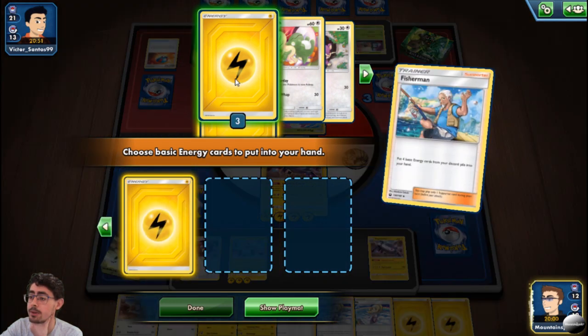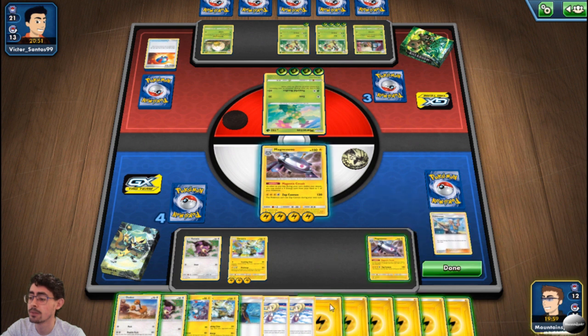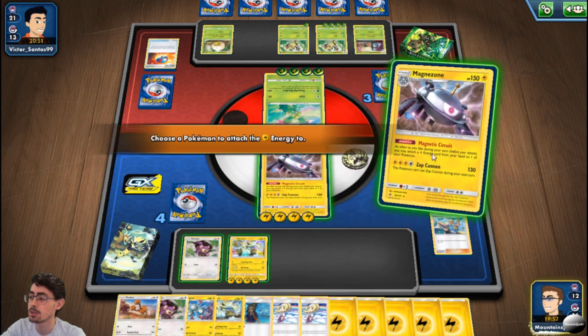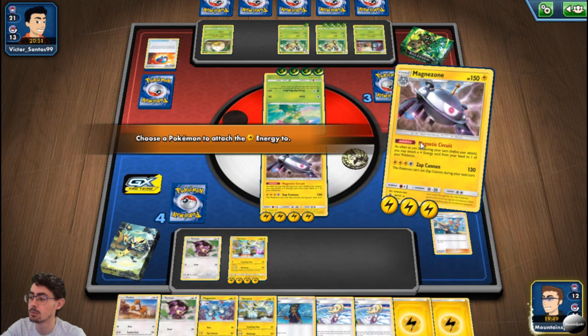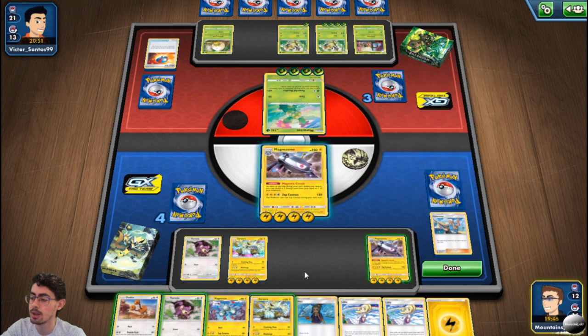That's actually quite big, getting a second Magnezone online. Because now I can put that energy there to deal with the Rillaboom that comes in. I can now use Magnezone's Electric Circuit to charge itself up for a Zap Cannon to deal with what comes in after the Rillaboom. And then I can...